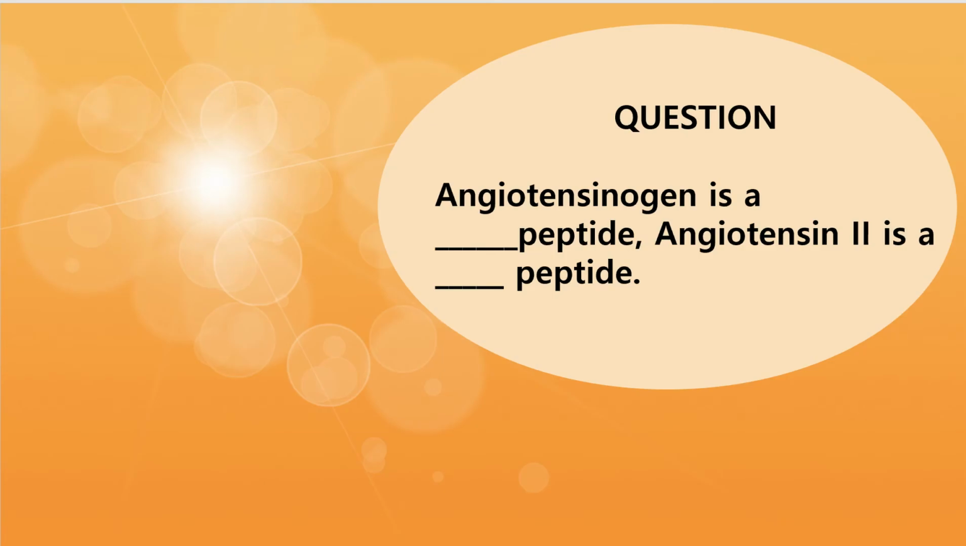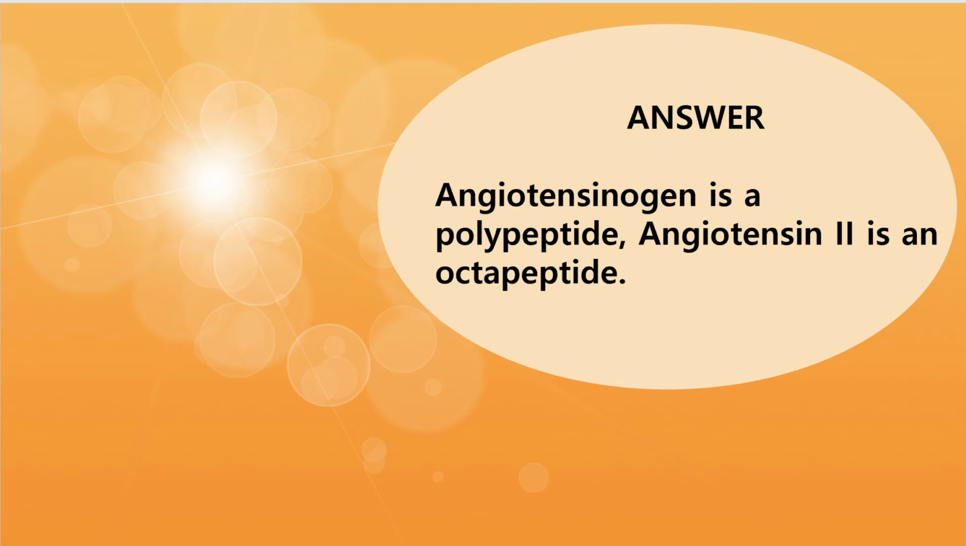All right, so that leads us to our first question, which is: angiotensinogen is a, well, fill in the blanks. Angiotensinogen is a blank peptide. Angiotensin 2 is a blank peptide. So if you know the answer, let's see. All right, so angiotensinogen is a polypeptide, and angiotensin 2 is an